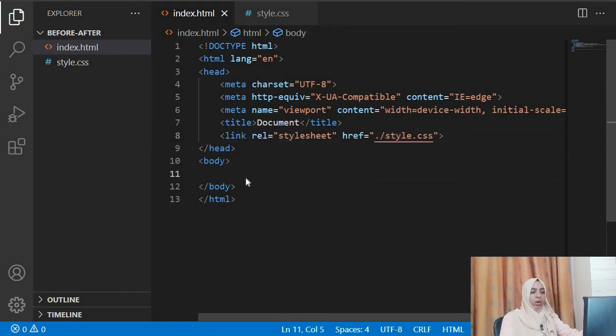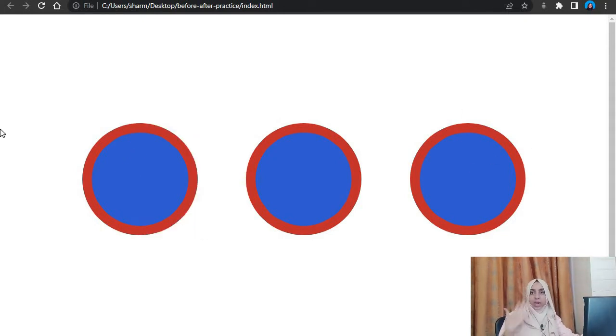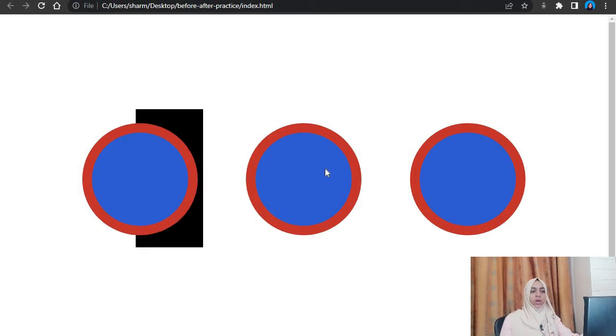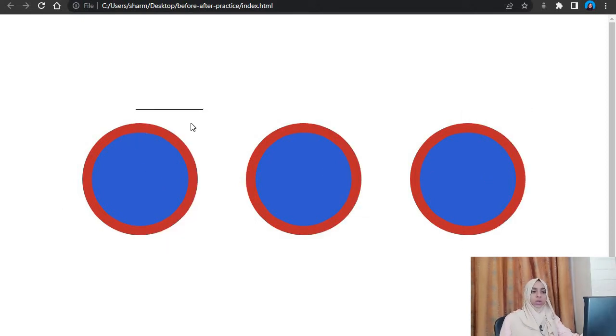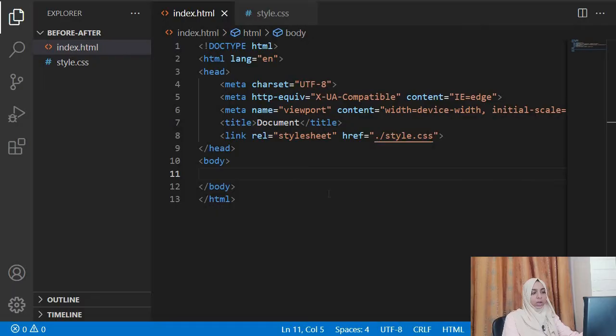Alright, now the first thing we will be seeing is this example over here. Now whenever you get a design, first try and analyze what things you will use to make this and how you will make this. So here we have 3 different divs and we can give them a border, of red color and this blue color here, and this bar we will be making afterwards, alright, because that's called an after.